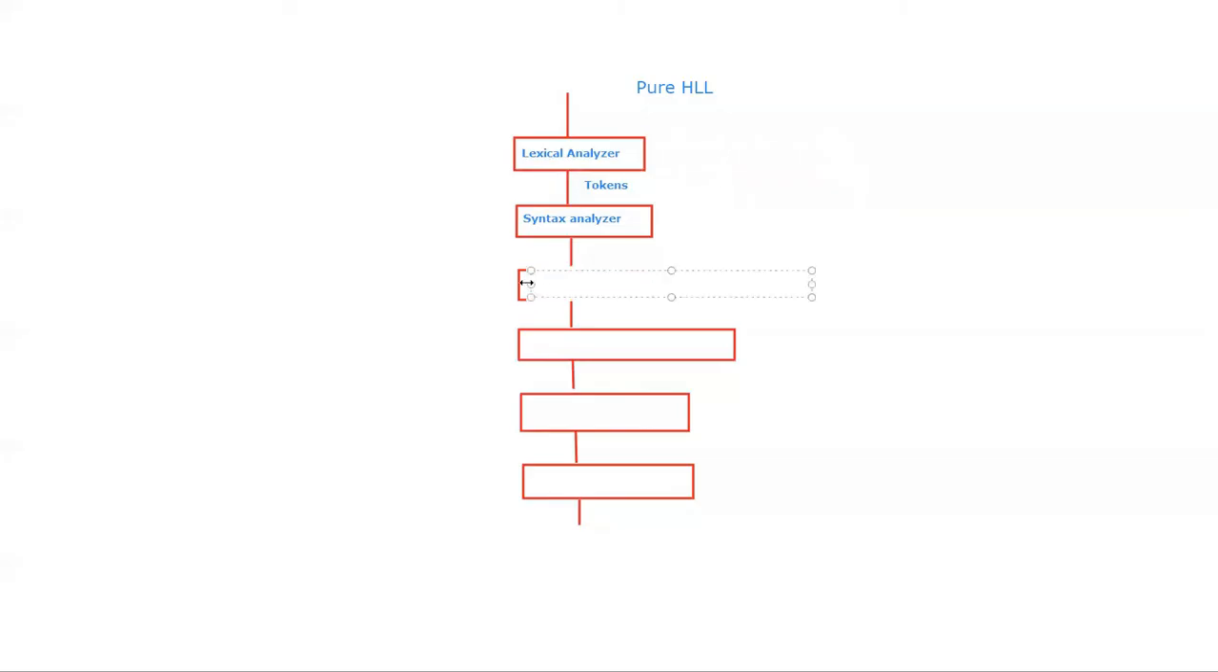Now the next phase of the compiler is the semantic analyzer. Right? What is generated by the syntax analyzer? The syntax analyzer generates the parse tree, and it goes as the input for the semantic analyzer. Now the output of the semantic analyzer is